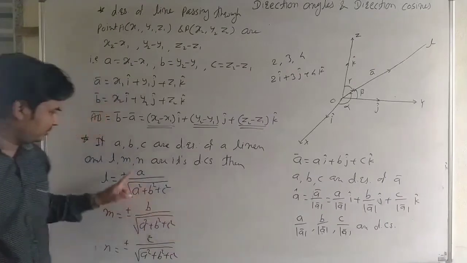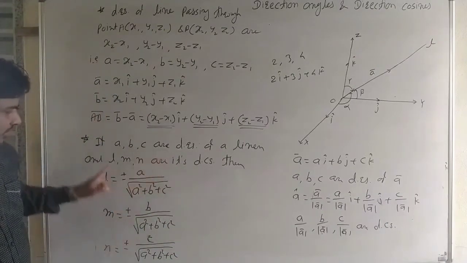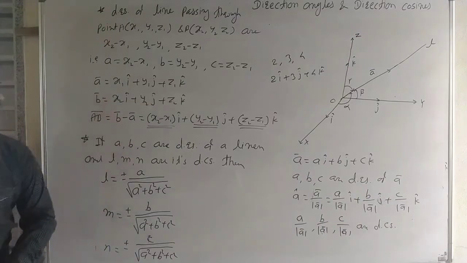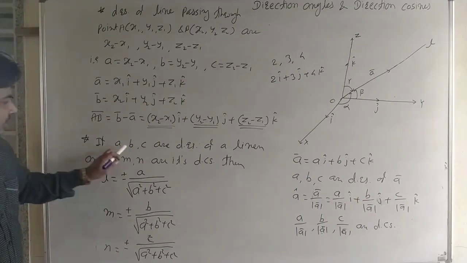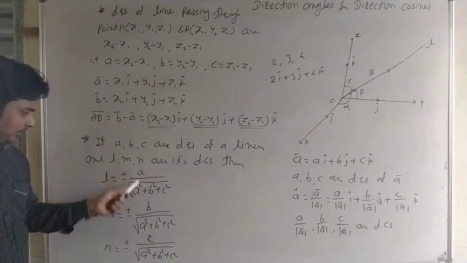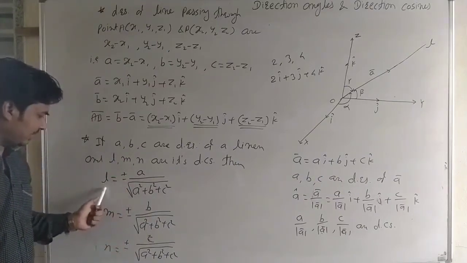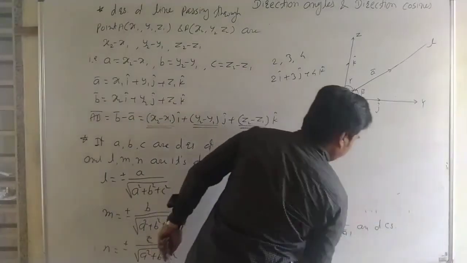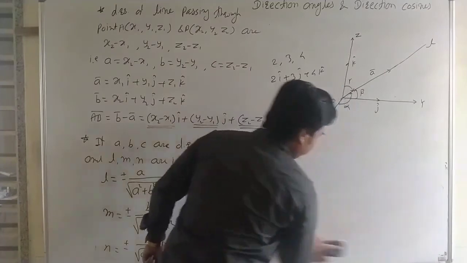It is a upon magnitude, b upon magnitude and c upon magnitude: direction cosines l, m and n. Okay, now here when given the direction ratios, we find the l, m and n. Okay, here remember this, it is a formula for the direction cosines. Okay, here it is a proof. Now take this by using the definition of direction ratios and direction cosines.